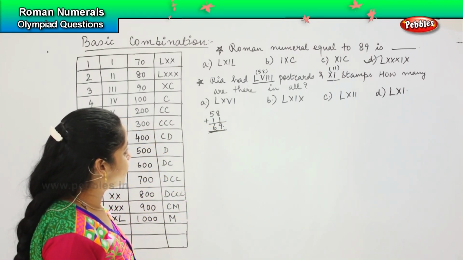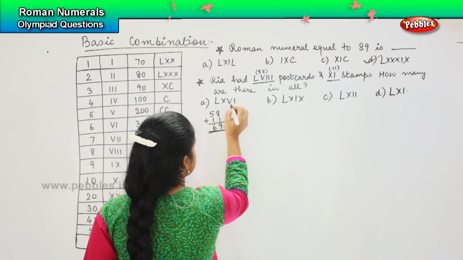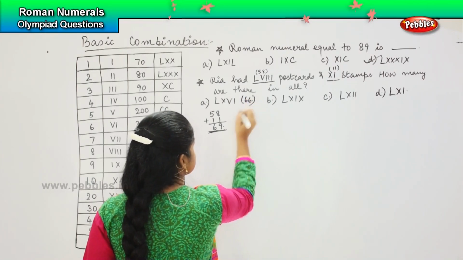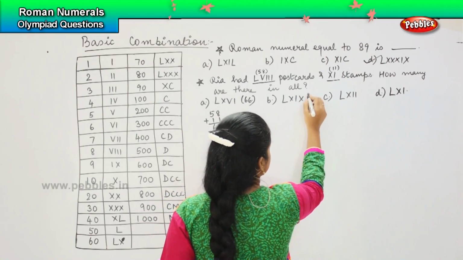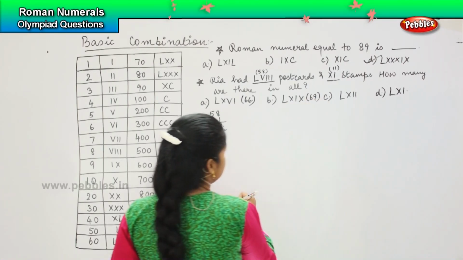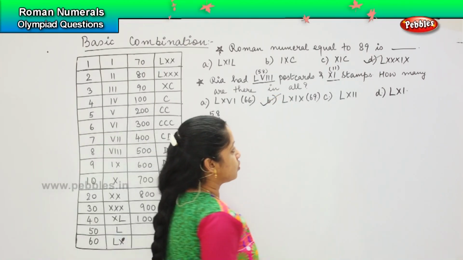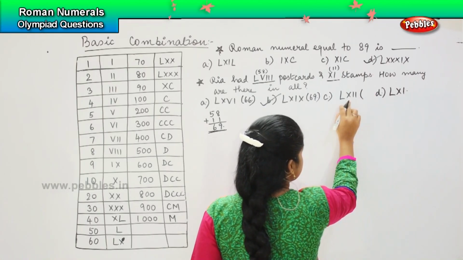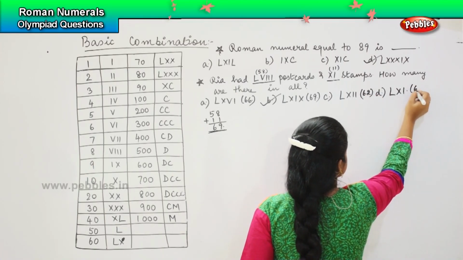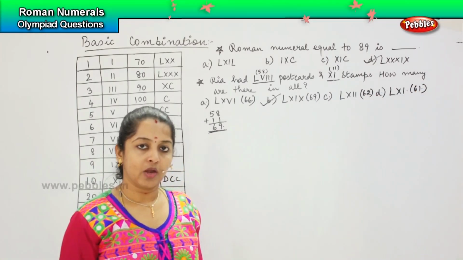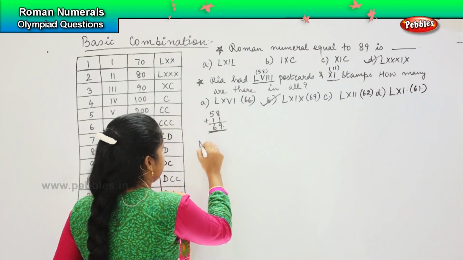And where can you find 69? Let us just try to find out the figures. So LX is 60 and 6. This is 66. This is not the right one. This is LX, so 60 and 9. 69. Is this the right answer? Yes. Option B is the right one. Can we just know the value of this as well? This is LX, that is 60 and 2. 62, and this is 61. Got it? Interesting, right? So the next question for you is,